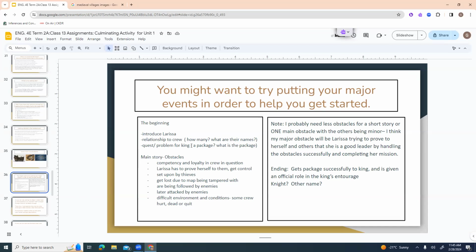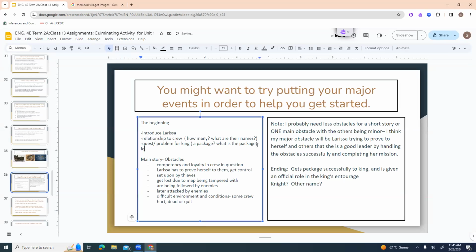I'm not even sure how she gets the quest because if she's trying to take it to the king, how did the king get the message to her in medieval times? I haven't figured that out yet. I probably need to stop and take some time to figure that out, right? So is there a letter? I'm gonna do that right now, just kind of show you what I mean. A letter,